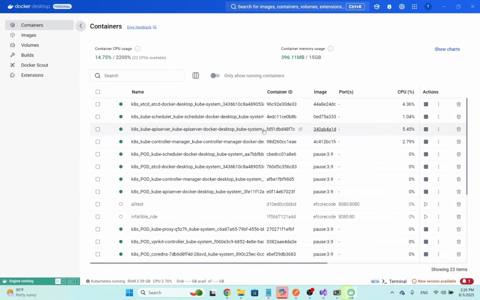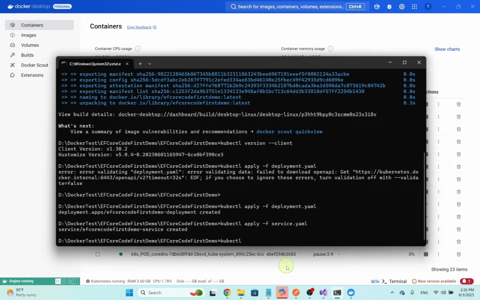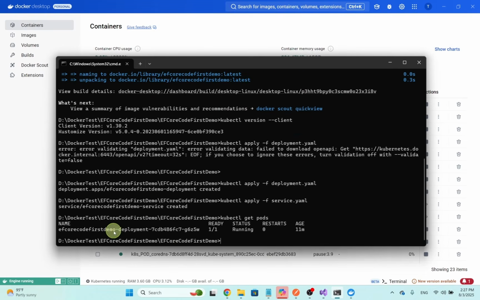Okay, after applying both kubectl commands, we see many pods running in the containers section, right? So here I go to the terminal and give the command kubectl get pods. It tells me about the pod which is running. It created a pod running the .NET Core Web API inside a container.